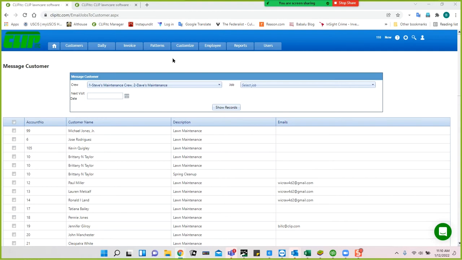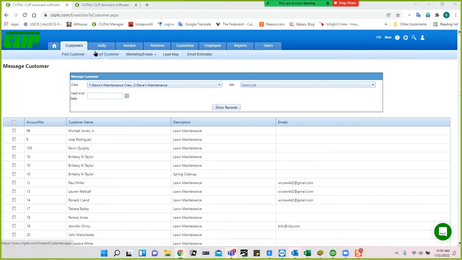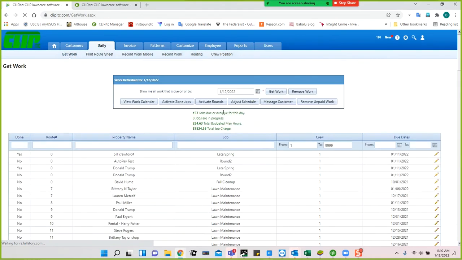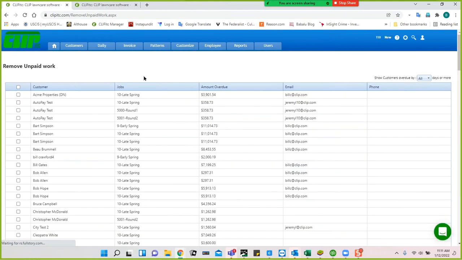Okay, so message customer. Another thing under the daily and get work that can be useful is the remove unpaid work function. So when I click here, it's going to tell me on this schedule who owes me money. So it's taking a bit of time because I have a big AR. So here now are the customers, and here's the amounts overdue and what they owe for. And you can sort by this,